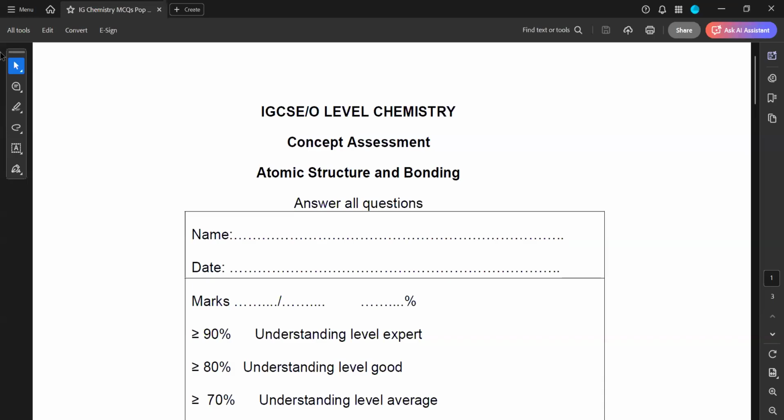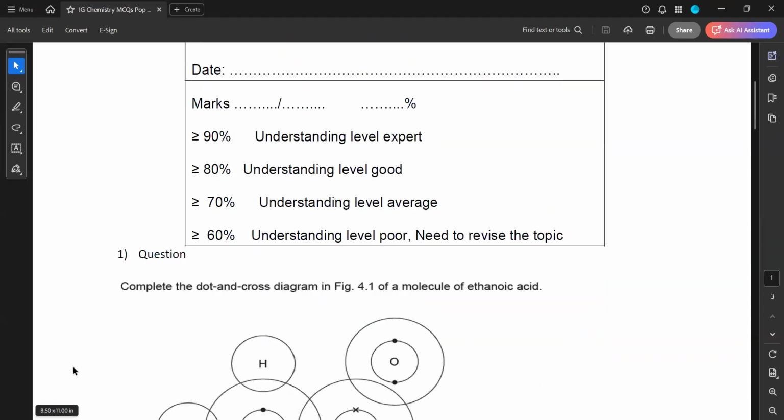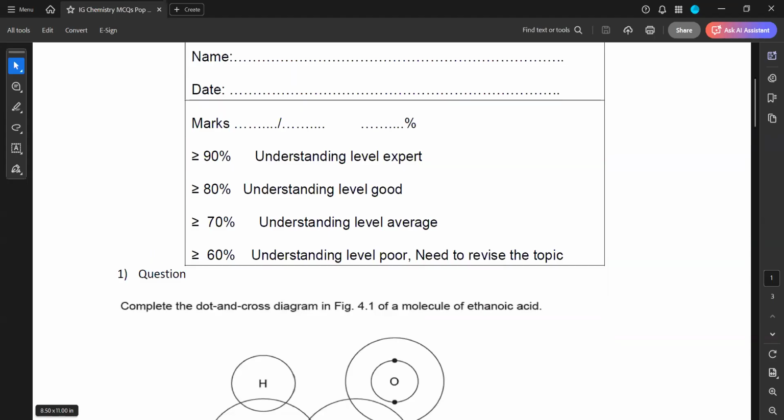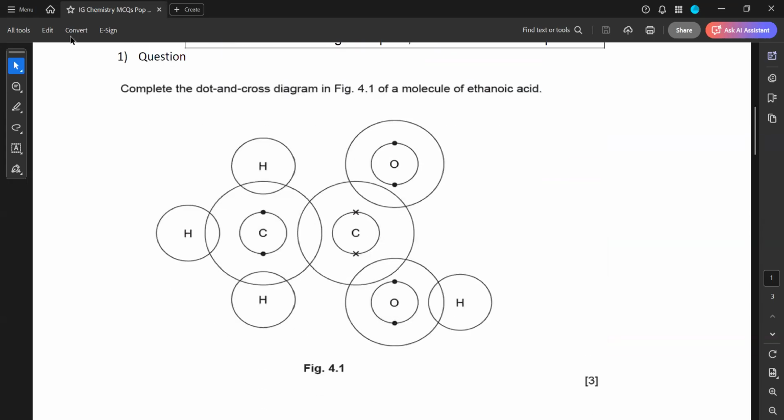So first, we'll discuss a session with a pop quiz. This was MCQs pop quiz 9. In this MCQs pop quiz, I put some structure questions as well because it was a related question. So complete a dot and cross diagram for a molecule of ethanoic acid. If you want to draw a dot and cross diagram for the molecule of ethanoic acid, yes,